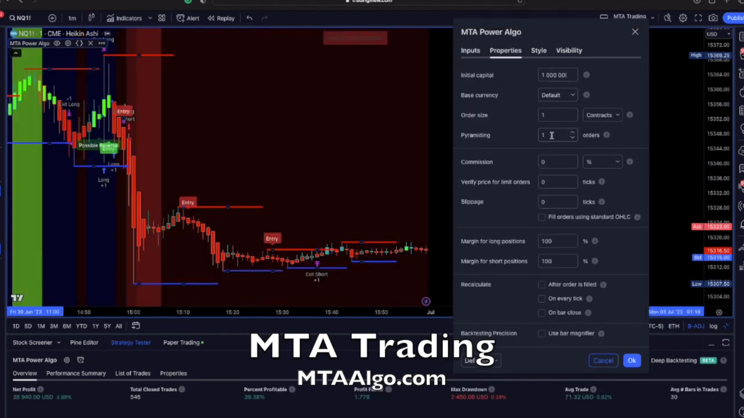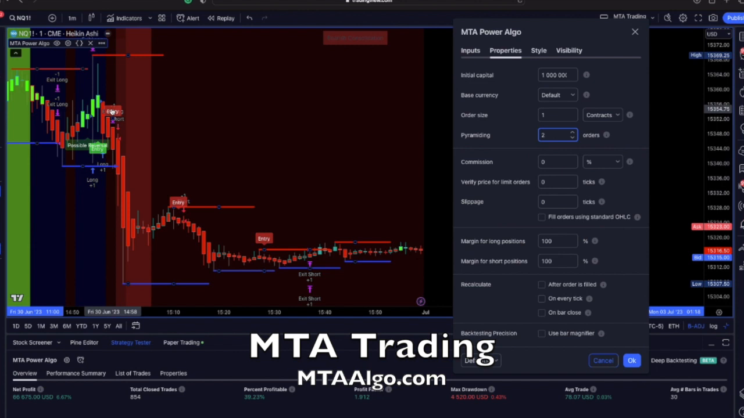Now, what this means is, in an uptrend or a downtrend, what's the max amount of contracts or shares you're willing to add to the position? Okay, so as I up this, you'll notice this number changes. See, it almost doubled. What that means is it'll get in on an entry, and then the next entry, it will also add to the position. You notice how it stops at 2 there. If I change this to 3,